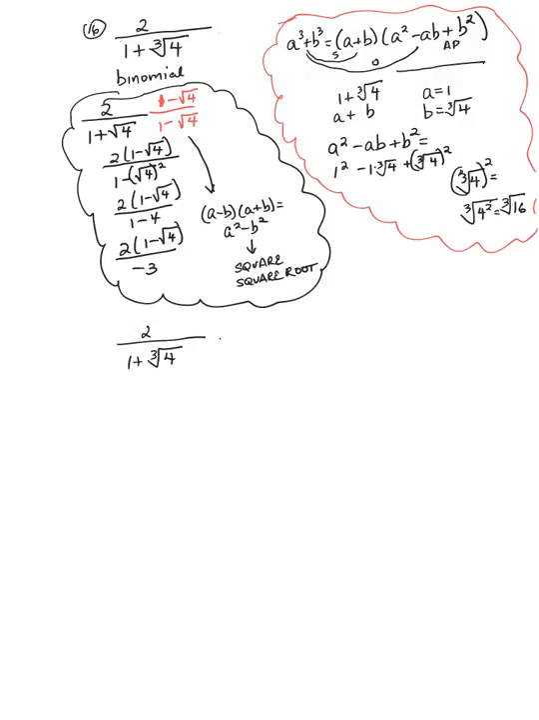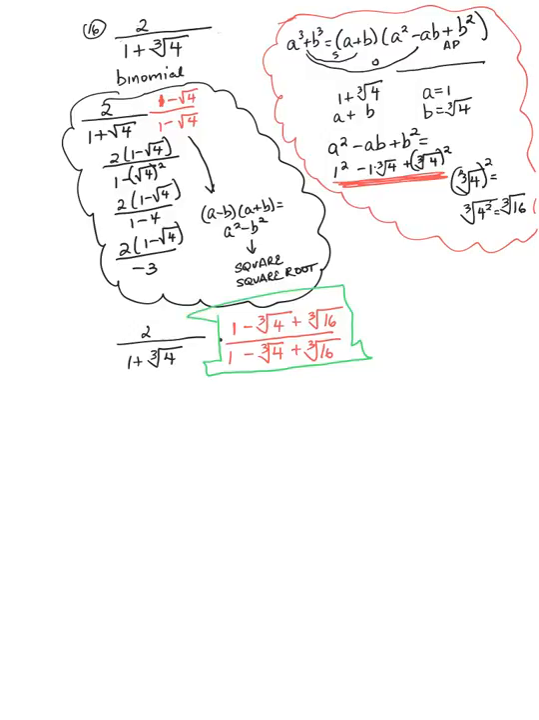And what we're going to do is we're going to multiply the top and bottom by 1 minus the cubed root of 4 plus the cubed root of 16. And that is this expression over here that I'm underlining. Over itself, don't forget to multiply over itself because it is a form of 1 and we are not changing the value of the expression at all. Okay, so what do we get? We get 2 times this expression